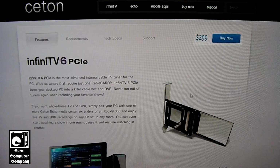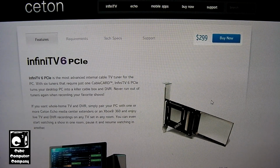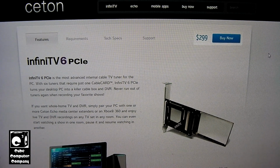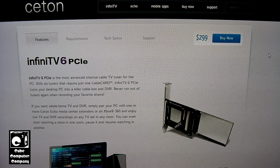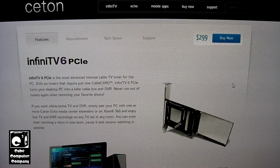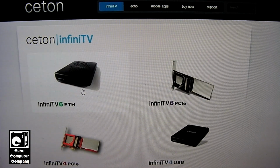So you can see here, even up until the last days of Ceton selling their product, they had an MSRP of $299 on this tuner, which is still quite expensive. So the thing is, the Infinity TV 6 was more solid than the Infinity TV 4, and ultimately Ceton discontinued the Infinity TV 4 and only sold the Infinity TV 6 in either the PCIe version or the standalone Ethernet version, which I think was pretty cool,